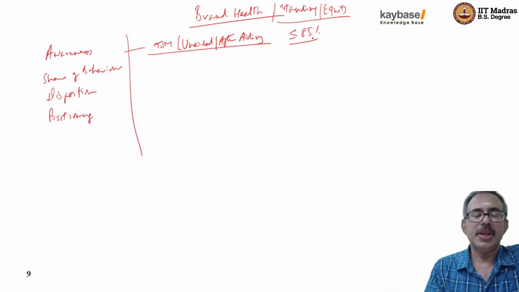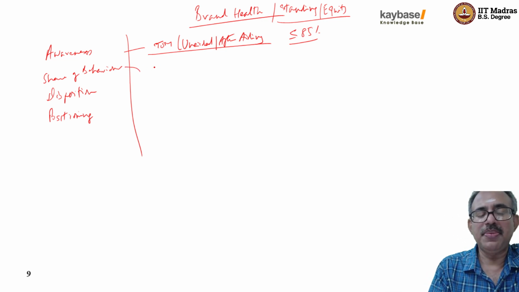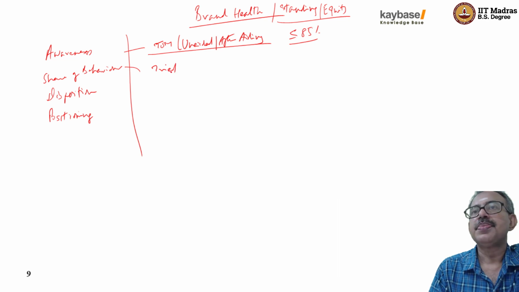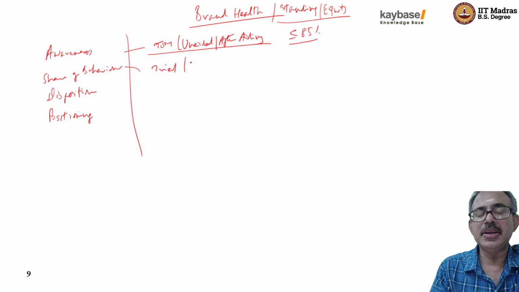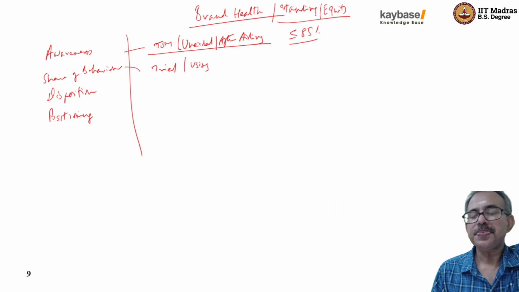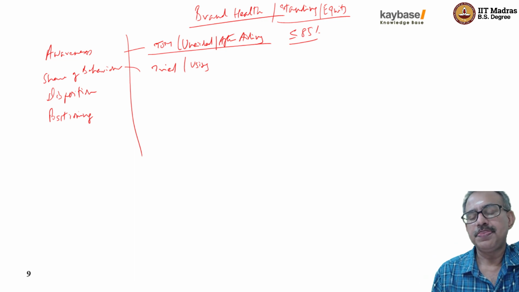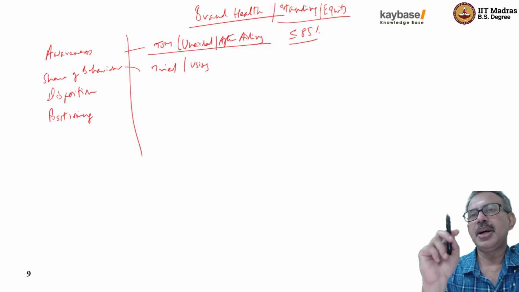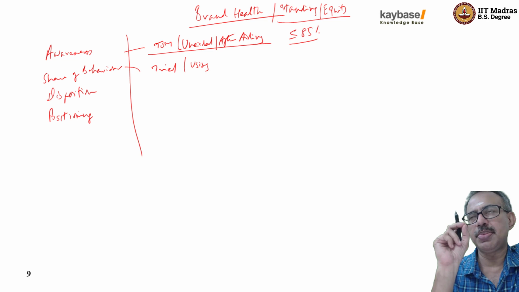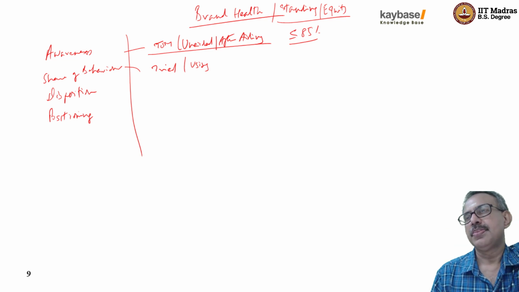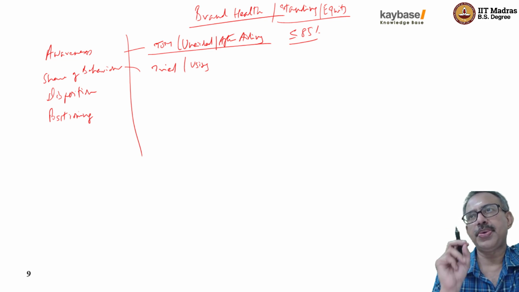Right? Next is share of behavior. How many people have ever tried the brand? How many people are currently using the brand? Remember this, I might have mentioned it, I might be repeating myself. The job of marketing is to make a consumer try the brand. The job of the product is to make the consumer continue using the brand.